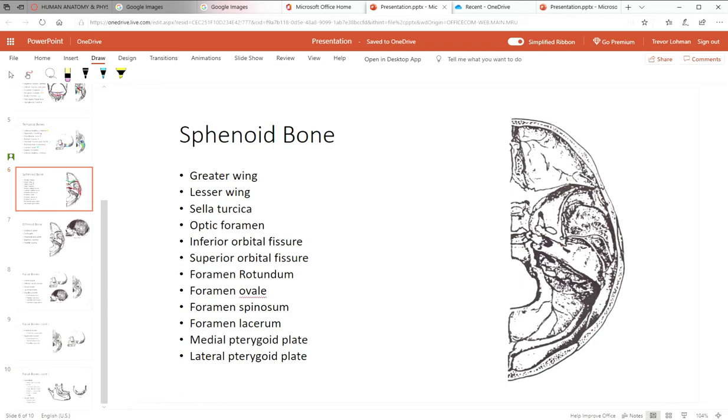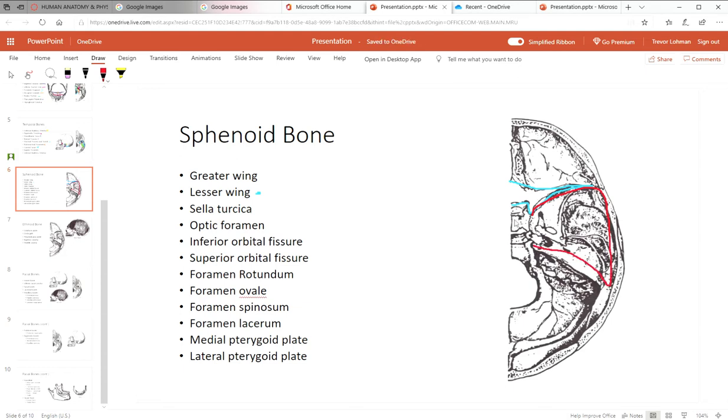Oops, I already started to draw some stuff. The greater wing, when you watch the sphenoid bone video, you'll see that this structure kind of has two different wings. And they kind of sort of look like wings. Here's one. This is actually the lesser wing. And here is another. Lesser and greater. I'm going to draw this a little bit differently so it doesn't interfere with another structure I'm about to draw. Although that was accurate, but